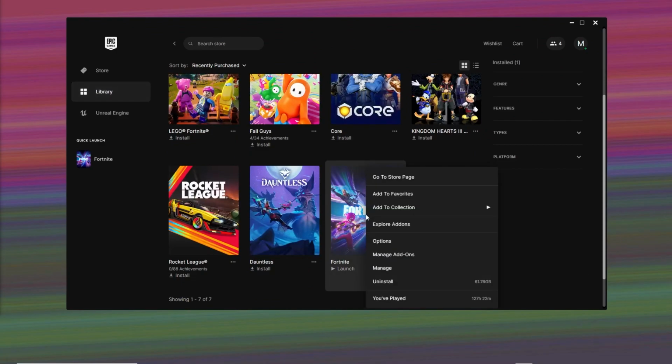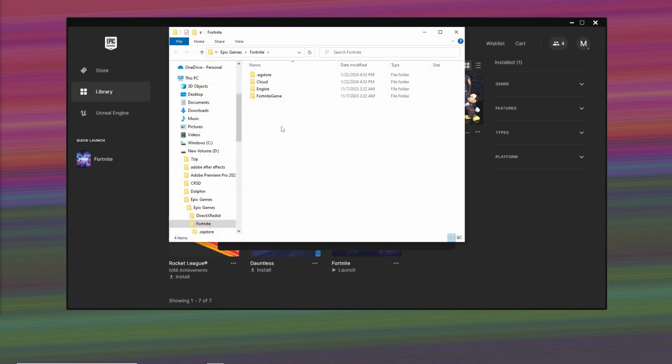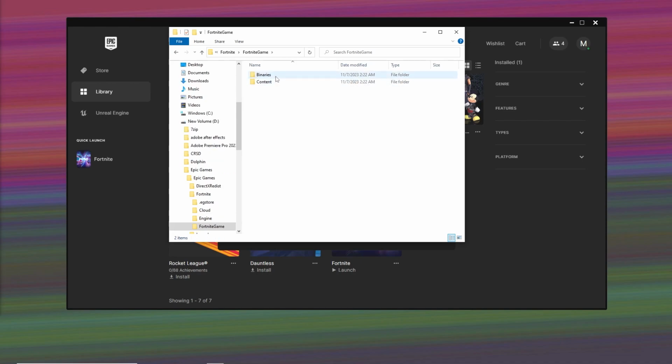Going to right click it, go to manage. And here we're going to press on verify to verify all files. Once you've done that, we're going to go down here to installation and click this photo icon. Once you're here, we're going to go over to Fortnite game, binaries,